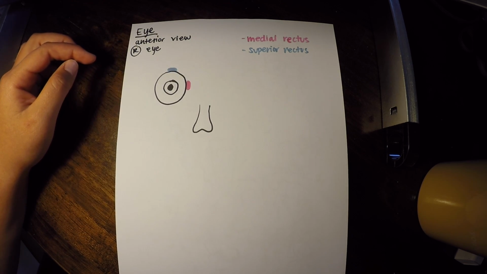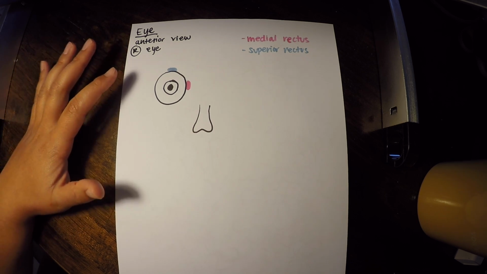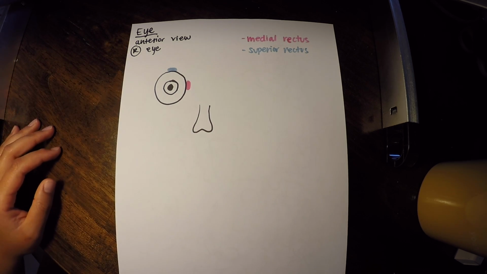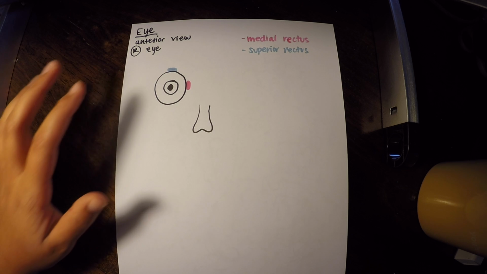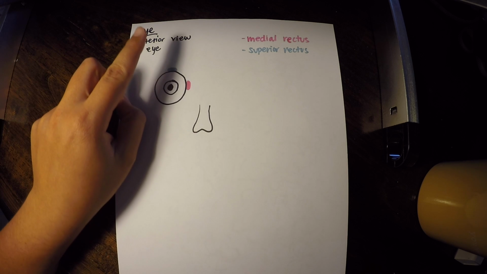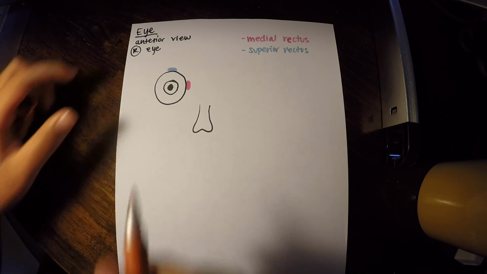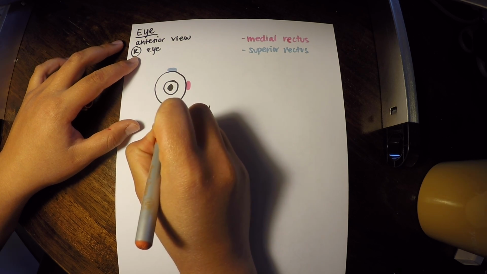So these names are actually really self-explanatory for a lot of them. And I really recommend looking at YouTube videos of the actions of these muscles, because it can be confusing, just to understand things, especially once we move beyond the rectus muscles. Now, again, the superior rectus moves the eyeball so it's turning upward, as if you're going to look up at your forehead. Now we have our inferior rectus muscle, and that will bring the eye down, as if you're going to look down at your toes.